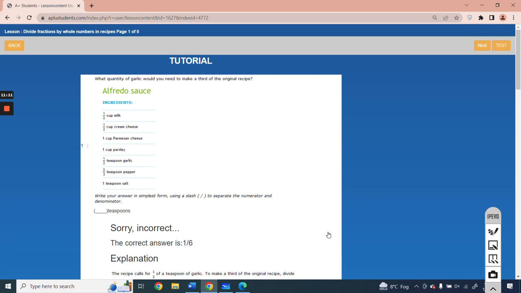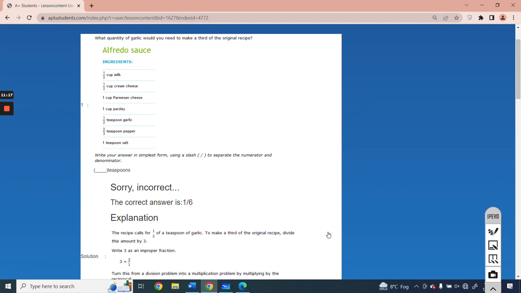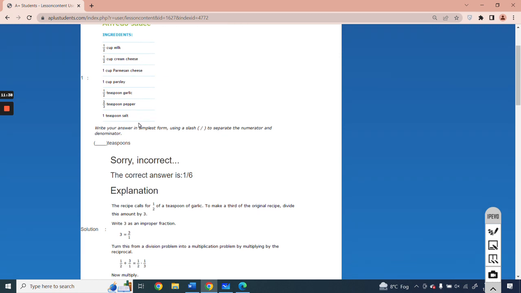Okay, which quantity of garlic would you need to make a third of the original recipe? Got it? So here is the original recipe. In the original recipe, the garlic is used half teaspoon. What quantity of garlic would you need to make a third of the original recipe? The original recipe is 1/2. So third means you have to do 1/3. So you have to do 1/2 divided by 3. Got it? So 1/2 divided by 3 equals